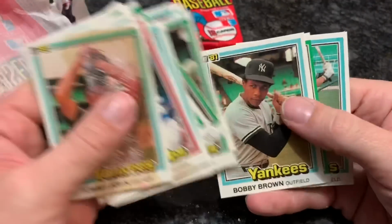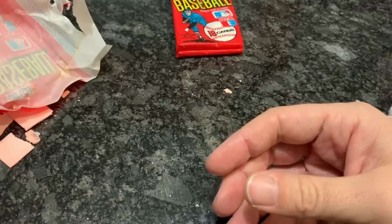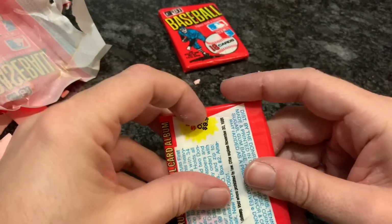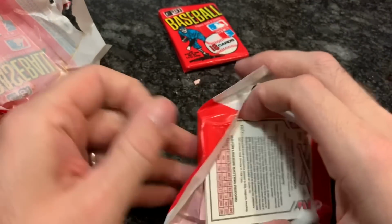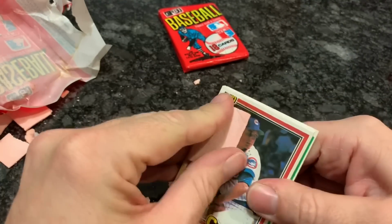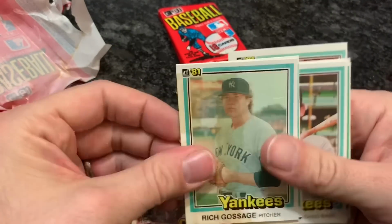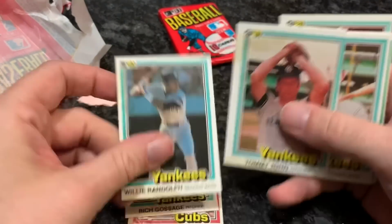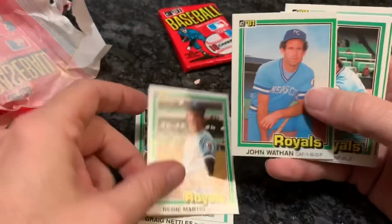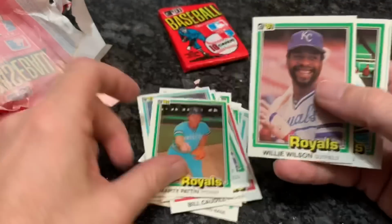Sets the all-time record for largest free agent contract in all professional sports. Tops Giancarlo's contract by about $5 million. He gets less per year than Manny Machado. Manny Machado got 10 years, $300 million, and Harper got 13 years, $330 million. So less average annual value. So he didn't set that record. That record still belongs to Zach Greinke, who's getting $34.4 million per year, but Harper does have the biggest total